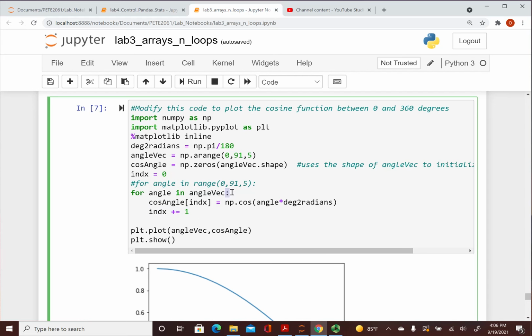So remember two things: colon signifying the end of the line with the for statement, and the indentation signifying that these lines of code need to be executed within this iteration. Very important. So here you see we are determining the angle by picking items from angle vec one at a time, and then to figure out the index where to store the item, we use index